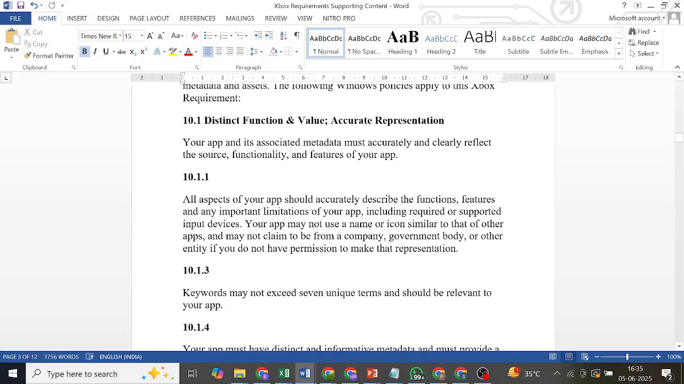All aspects of your app should accurately describe the function, features and any important limitation of your app, including required or supported input device. Your app may not use a name or icon similar to that of other apps. Means your metadata should be unique. You should not copy the metadata from the app which is almost like your app,